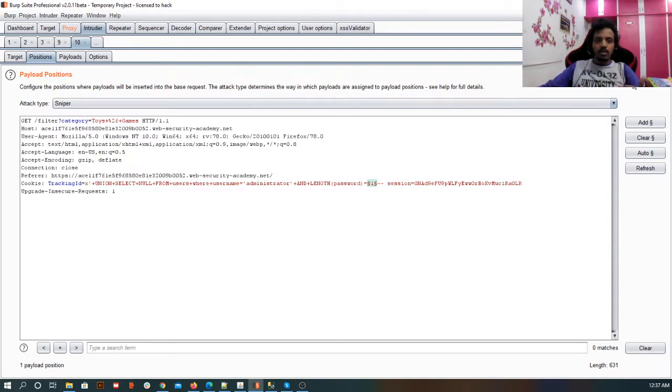But before going ahead, how will I identify which is the correct request? Like when the value is 15, it is correct, or when the value is 25, it is correct. How will I identify that? I'm going to identify that based on the difference in the response. Let's say out of 30, 29 responses will be wrong, and all those will be of one length, and the correct one will be of a different length, because it is definitely going to have welcome back and others are not. So here my focus is on the length.